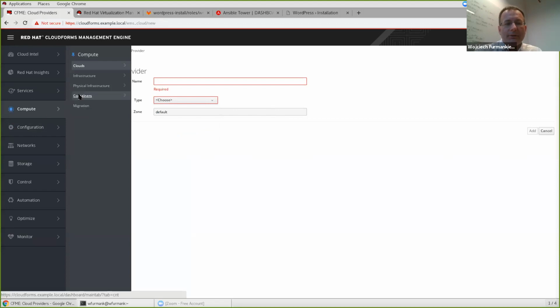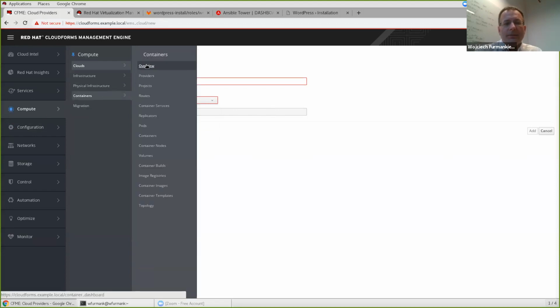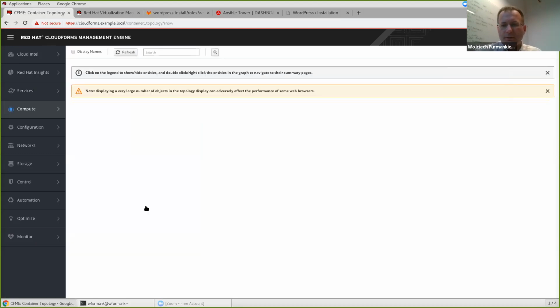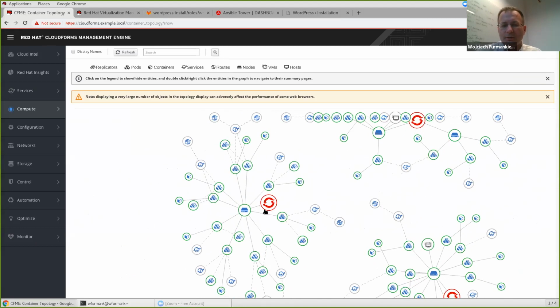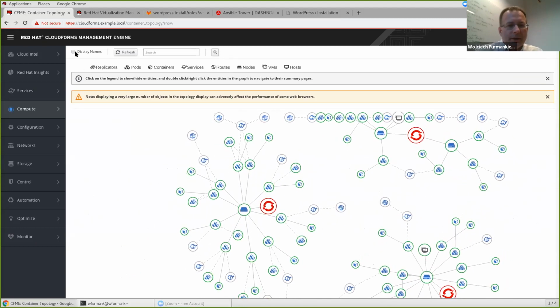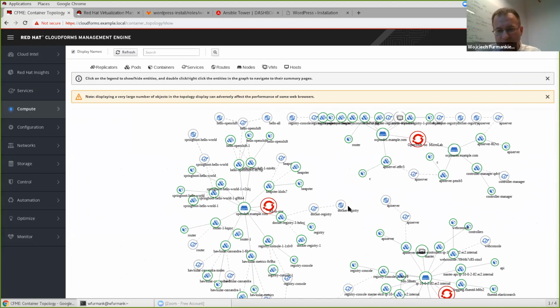Plus the containers, right? We have containers here, and we can also use OpenShift to build containers, and we can use existing OpenStack or virtualization to run OpenShift on top of it, and it's all correlated. That's the beauty. Let me see if I can see the topology. If we display the names, we can understand. It's quite a lot of objects to read easily, but you can correlate which container runs on which node, and this node is a virtual machine on which platform. It's all correlated from top to bottom, so we have visibility.